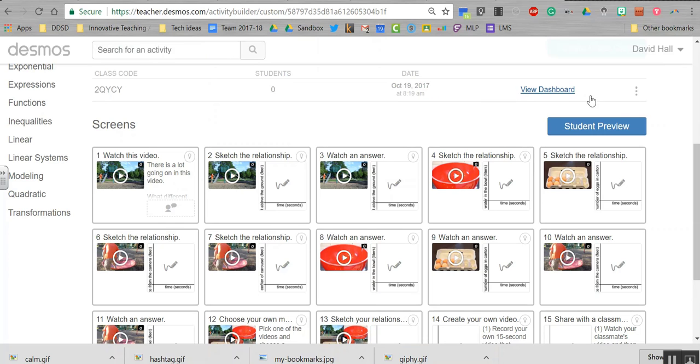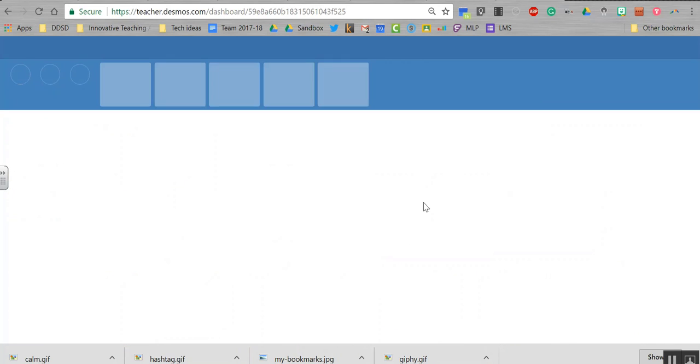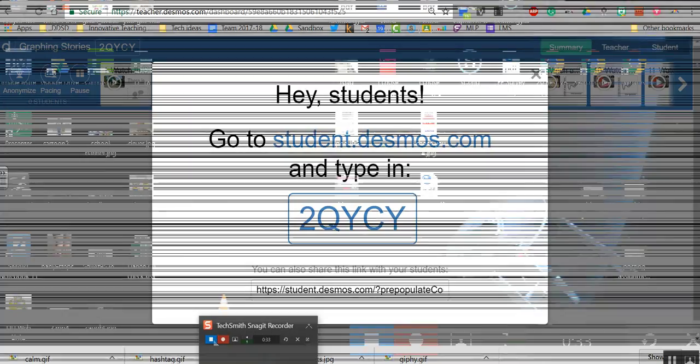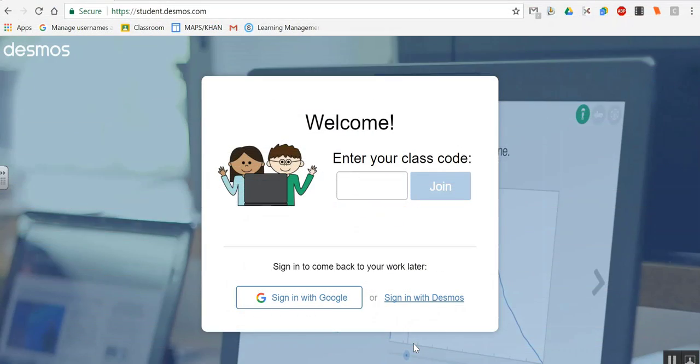So then what's nice is when you give the students that code, you have a dashboard. And when the students are in there, the students go to here and type in that code. And I'm going to show you in just a second. And here we are at the student view. And you can see they can sign in with Google, which I suggest. But let's say you didn't, so you just have them put in the code